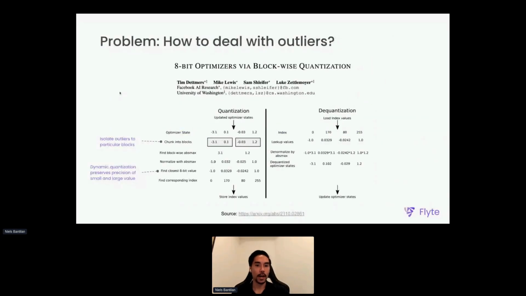One algorithm I want to highlight here is 8-bit optimizers via blockwise quantization. This is work done with Facebook AI Research and Tim Dettmers. He and team have been putting out a lot of great stuff recently. And this is essentially how this particular algorithm works. So to deal with the outlier problem, they chunk the data into blocks. So think of the gradients or any of the optimizer states. They chunk those into blocks. They apply the absmax